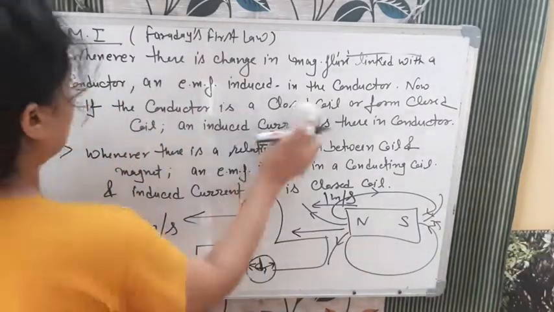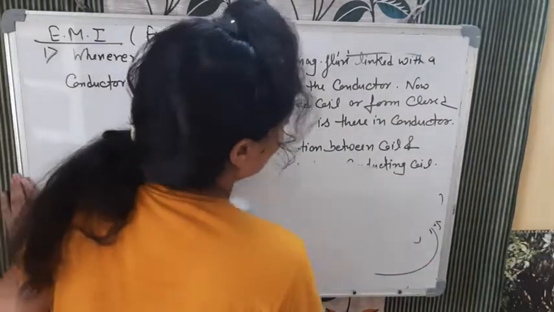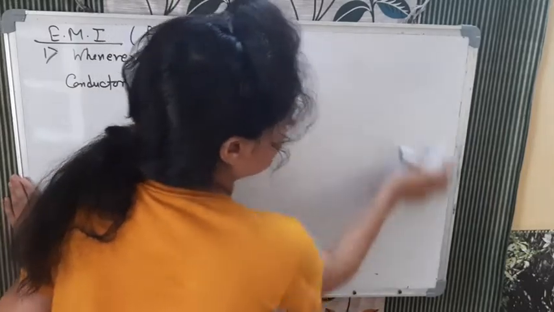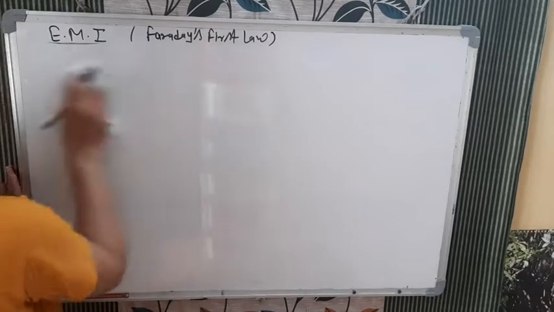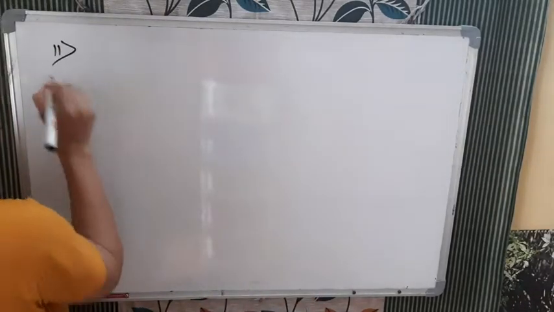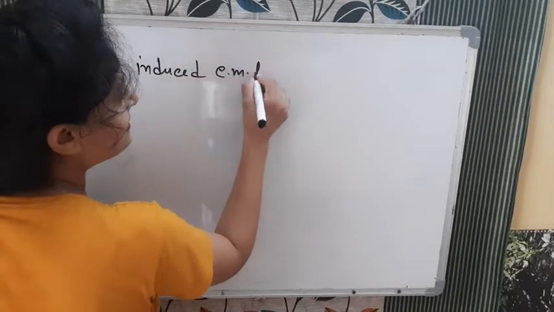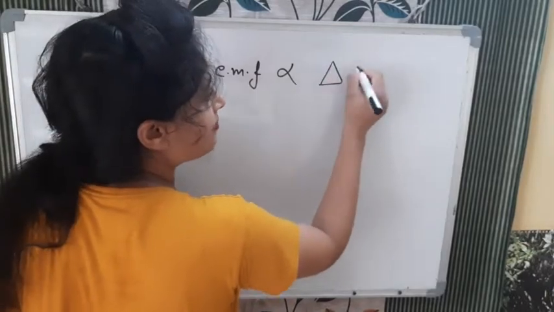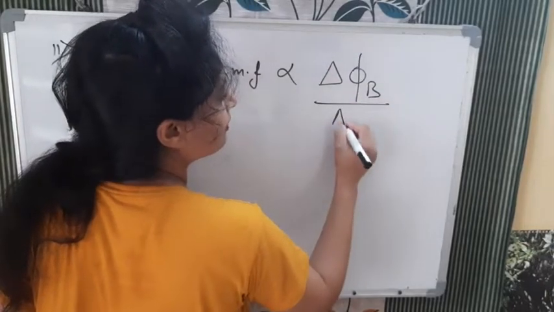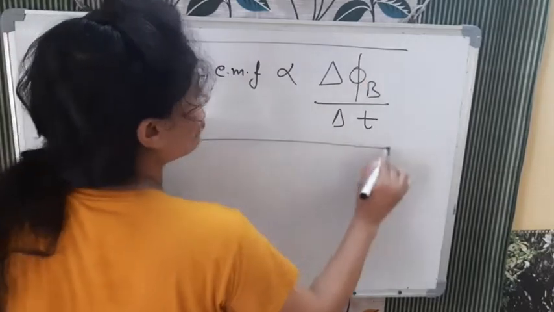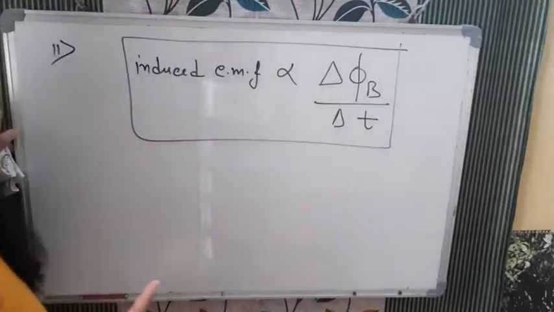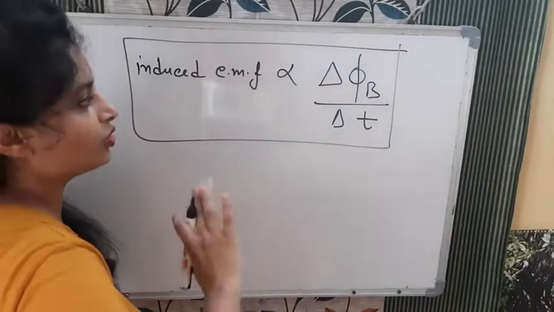Okay, now come to Faraday's second law. That is not in our textbook, but फिर भी मैं बता रही हूँ simple definition. In Faraday's second law, he said that this induced current, or we can say induced EMF, not current. Second law: induced EMF is directly proportional to change in magnetic flux with respect to time. This is the second law, but it is not in 10th standard NCERT. No need to bother about this, but you should know what the second law is.